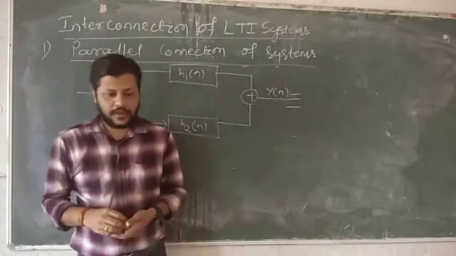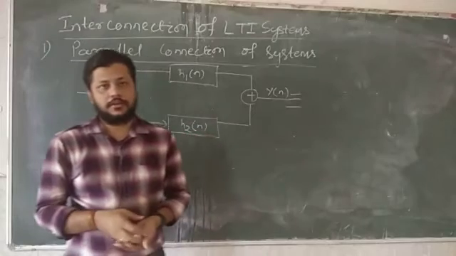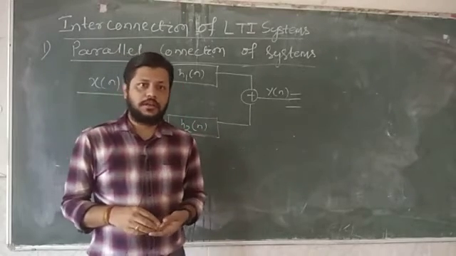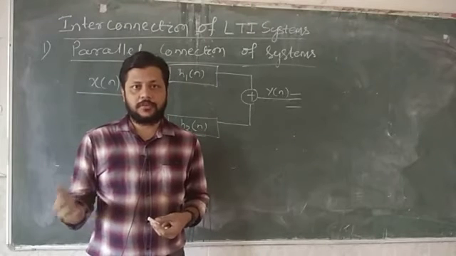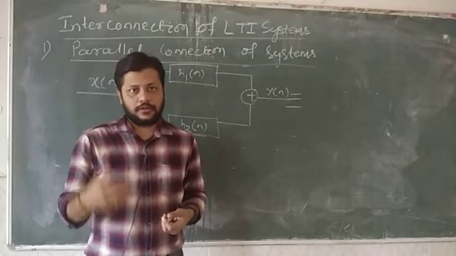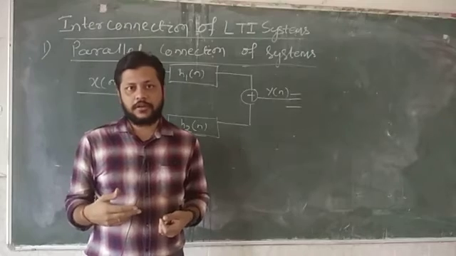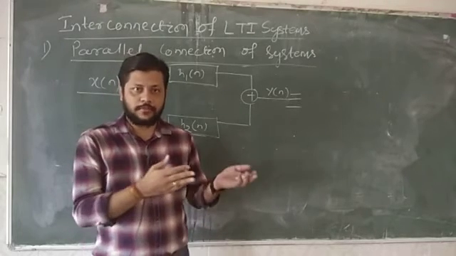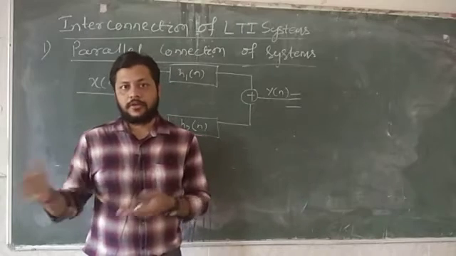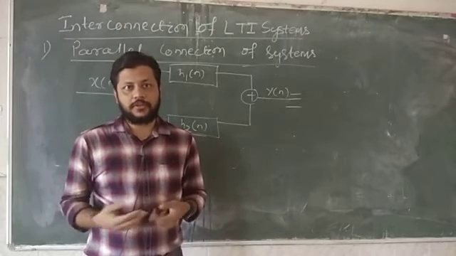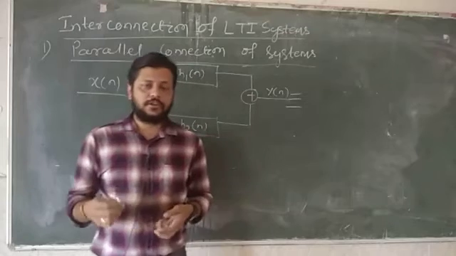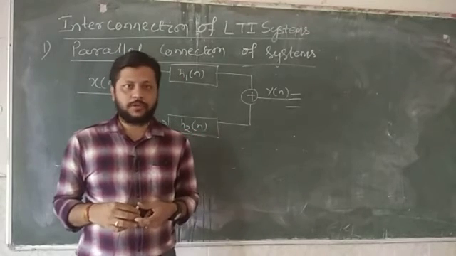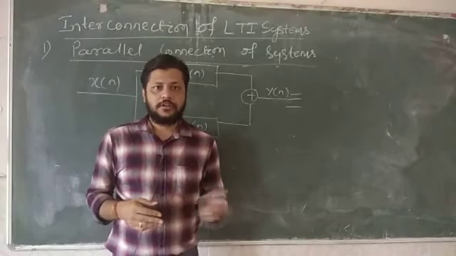Hello students. In the last class we covered convolution and how to calculate it. To find the system response, I discussed two types of method: the tabular method for finding the convolution of a finite sequence, and using the definition of convolution. Thereafter we discussed a few properties of convolution, that is the commutative, associative and distributive laws. All these laws are obeyed by convolution.